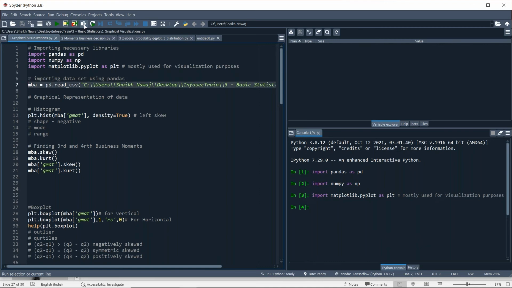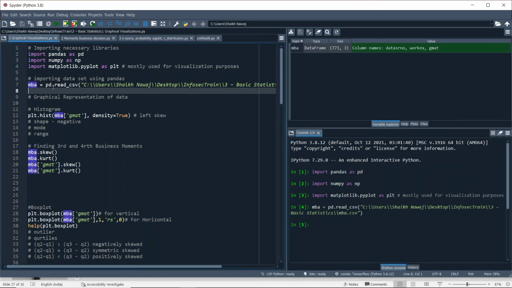Then after importing this, we are importing the data set of NBA by using the function read_csv, which is in the pandas library. Using pd.read_csv, in parentheses and in double quotes, you mention the path.